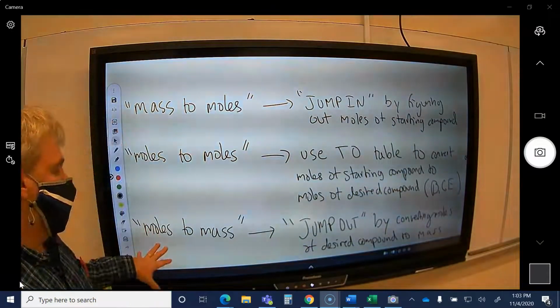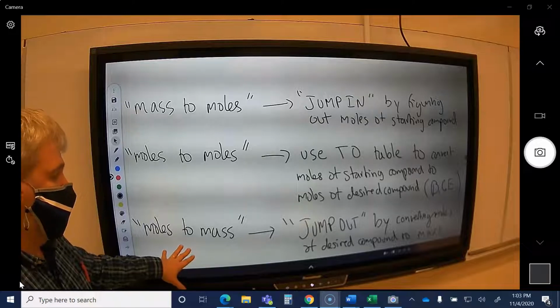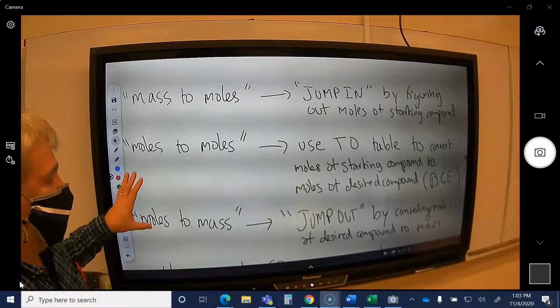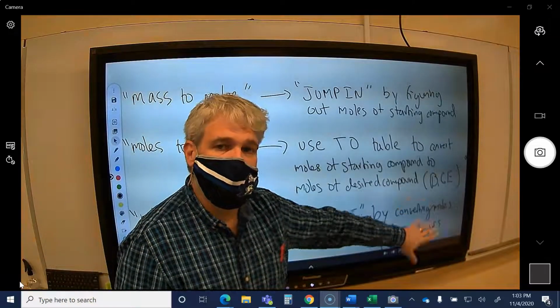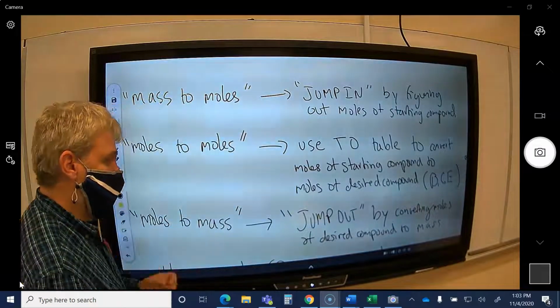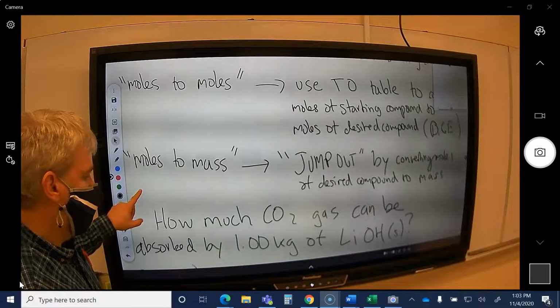Okay? And then we're going to jump back out using moles to mass, right? So whatever we figured out the moles of our desired compound, all that's left is to convert that back into a mass, which will answer typically whichever question we've been asked. So the example we're going to do now involves